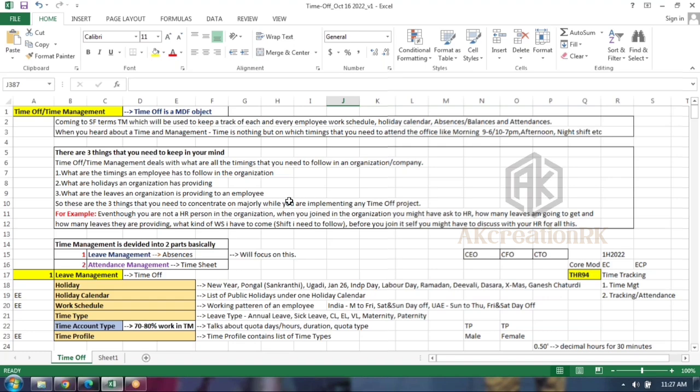Don't compare with the Indian scenario, guys. Normally, I am talking about the general case. In the Indian scenario, even though you have the right to take the leave, your manager may ask you to work at least 2 hours today or tomorrow, etc. That, anyway, you know. But normally, that is what I'm talking about.